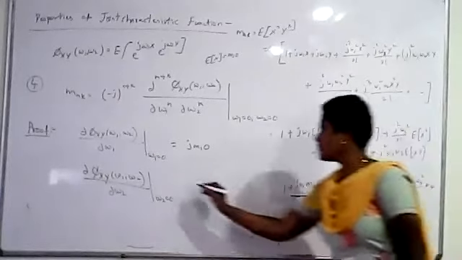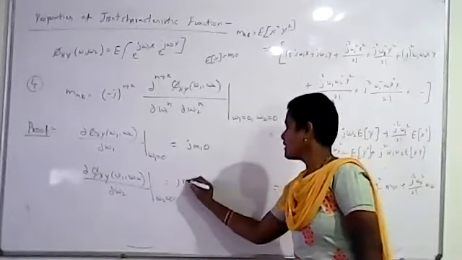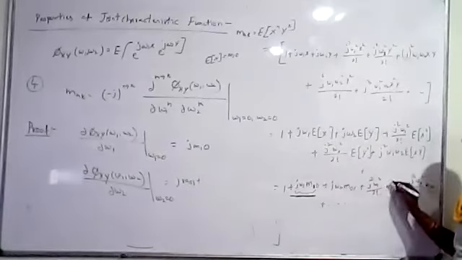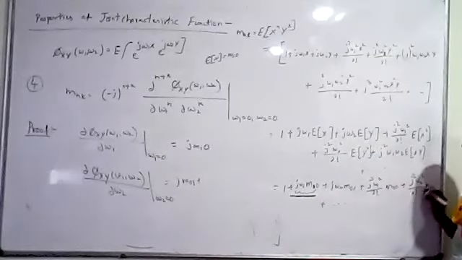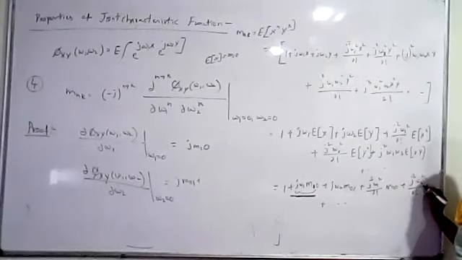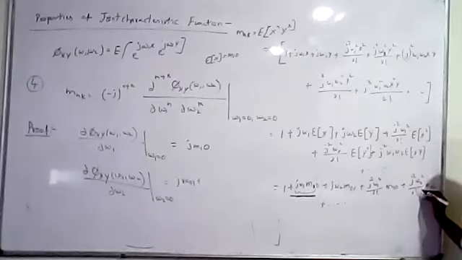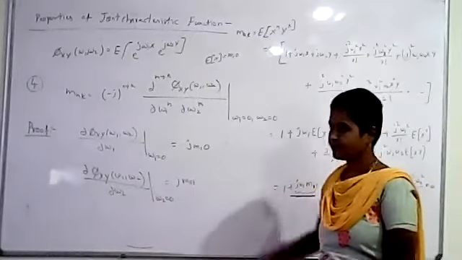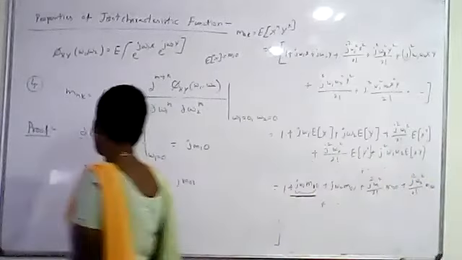What is that? Here we will be having j m01, and the third term also doesn't have omega 2, so this is also 0. The fourth term will have omega 2 after partial differentiation. Since you are substituting omega 2 equal to 0, this term will also become 0. So we have only this term. Now what is it that we do?